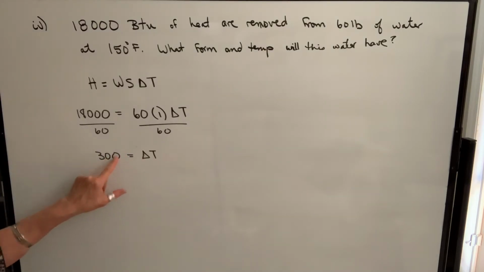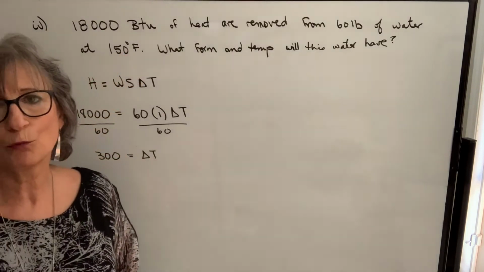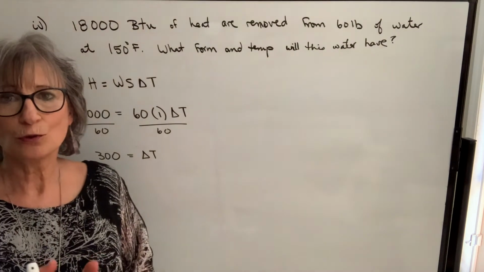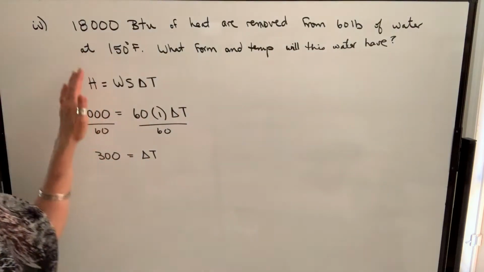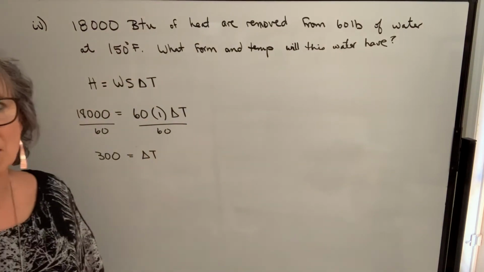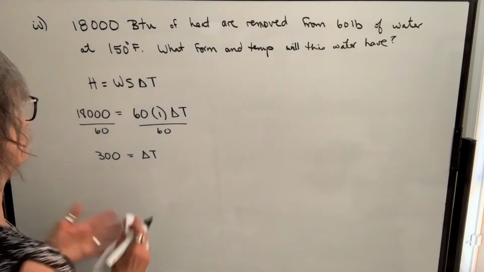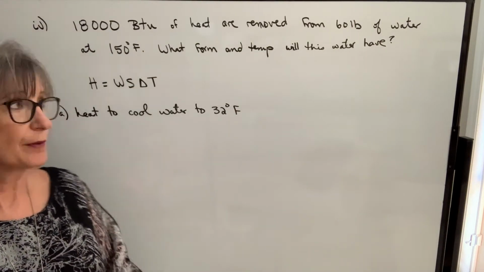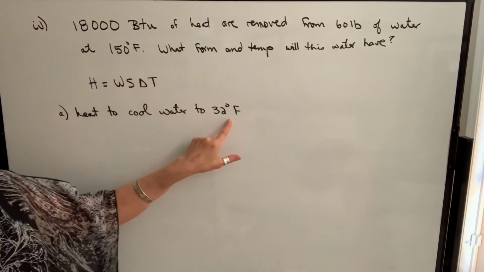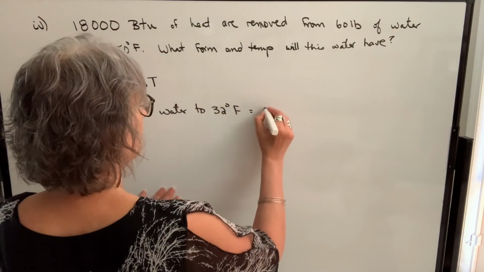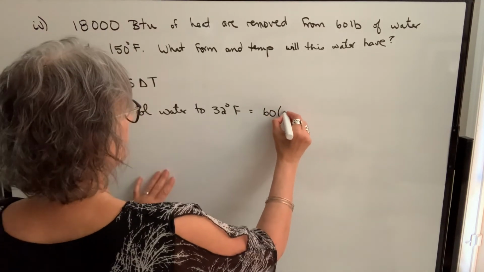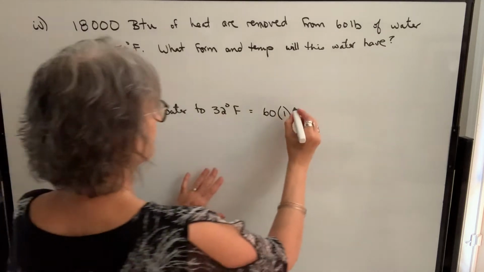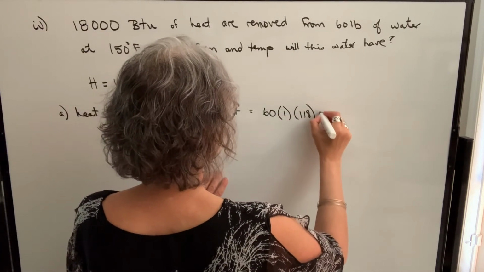If we were to take 300 away from 150 degrees Fahrenheit, we're getting into the negative temperatures, which obviously means it's ice, but we can't forget that it goes through a change of state. So this method is not going to work when we have a change of state. We need to do this in steps. So what we're going to do is find out how much heat is required to change this water from 150 degrees Fahrenheit to 32 degrees Fahrenheit, and that will be the weight times the specific heat of water times the temperature difference from 150 degrees to 32 degrees is 118,